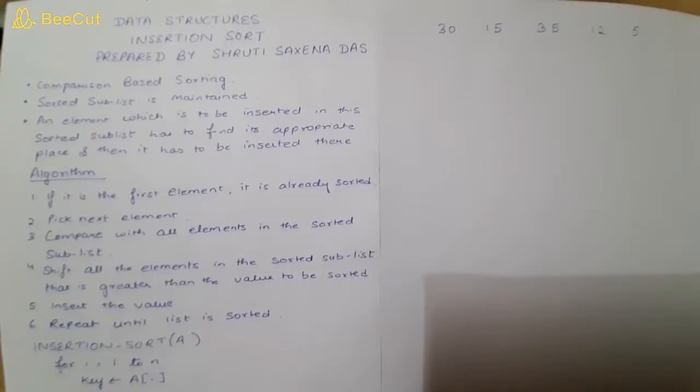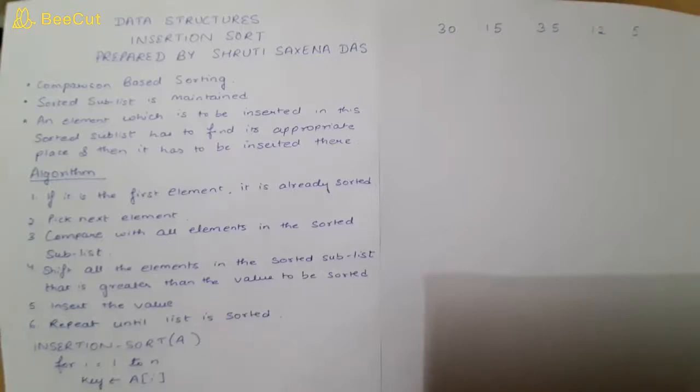This sorting technique is based on comparisons. You can remember the style which is used to arrange a deck of cards. Each time you need to take one card and place it at its correct place. Here also, we need to take each element, one element at a time at each iteration, and place it at its correct place. That is the gist of this algorithm.